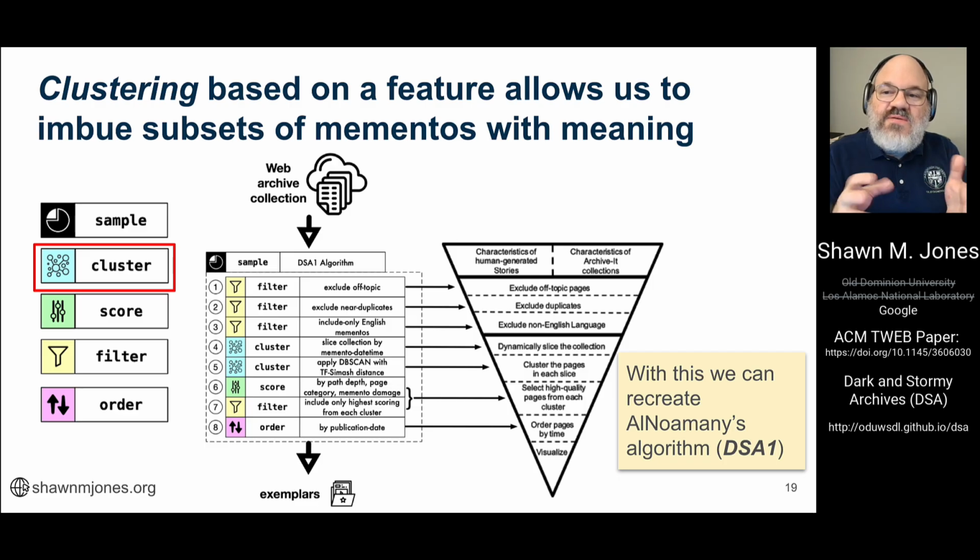Clustering, based on a feature, allows us to imbue subsets of mementos with meaning. And thus now we can complete Al-Nomani's algorithm, which we now call DSA1, where we exclude the off-topic content, then we exclude near duplicates, we include only English language documents, then we slice the collection. This is a form of clustering that Al-Nomani developed by memento datetime,